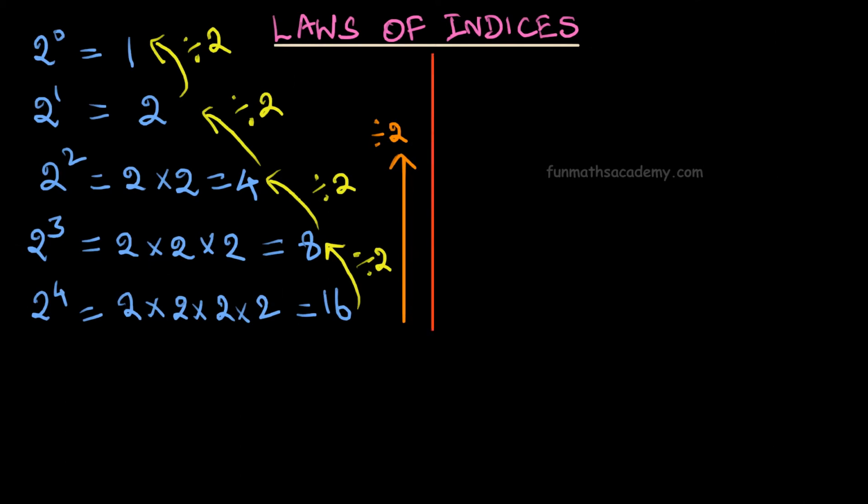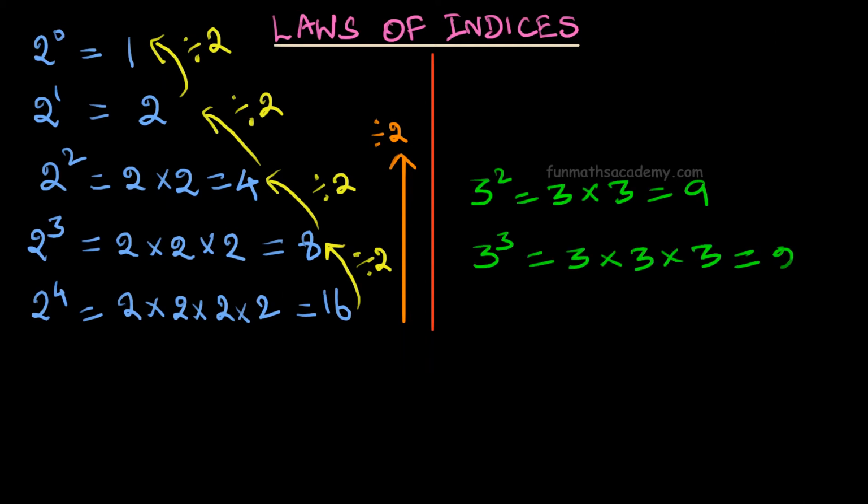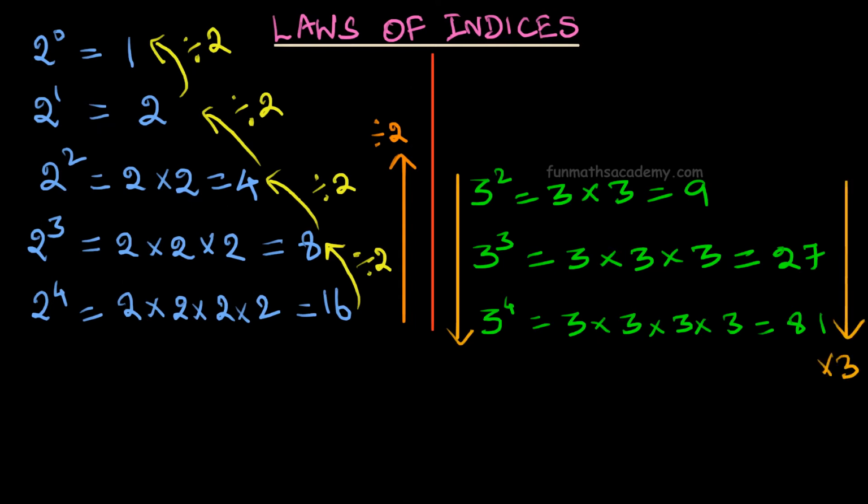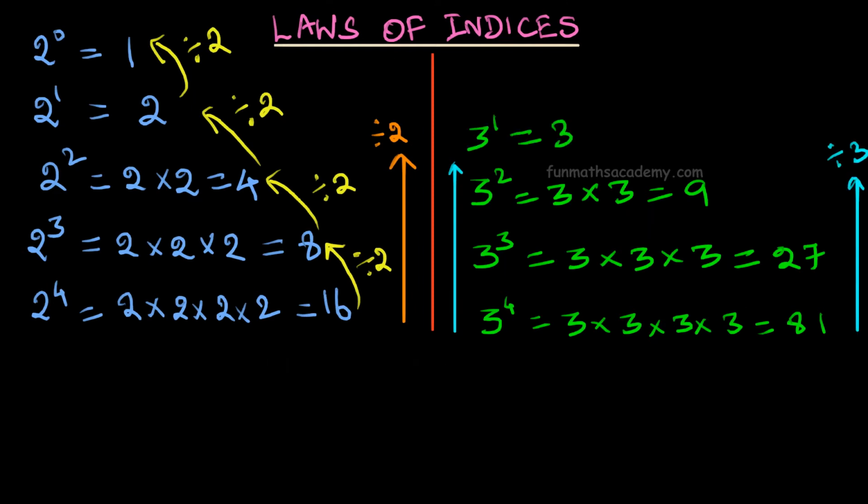So then we get 2 to the power 0 is equal to 1. Likewise, let us find powers of 3. We already know that 3 to the power 2 is 9 and 3 to the power 3 is 27 and 3 power 4 is 81. Here too, when we increase the power of 3 in the left hand side, we will have to multiply 3 on the right hand side. That is, 9 times 3 is 27, 27 times 3 is 81. Now, when you decrease the power of 3, we will have to divide by 3, right? So from this we get 3 power 1 is 3 and 3 power 0 is 1.